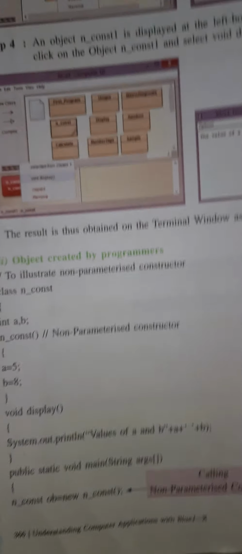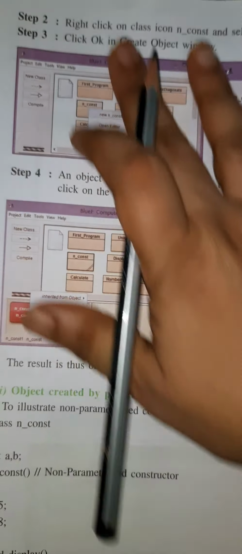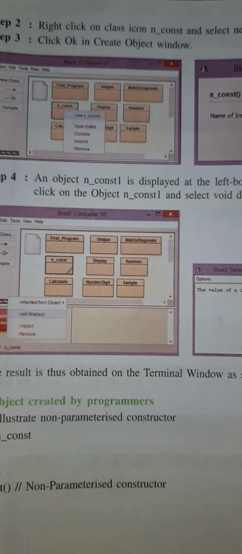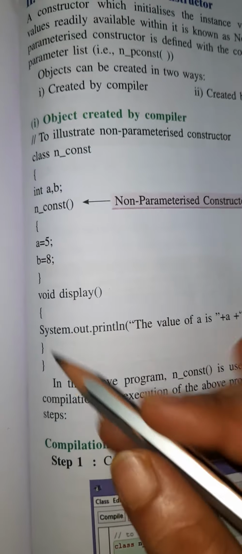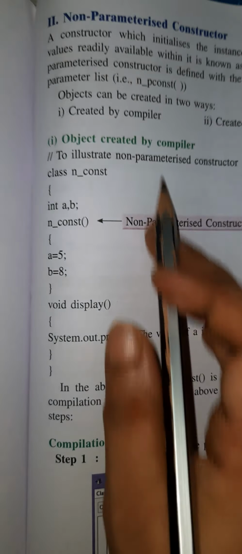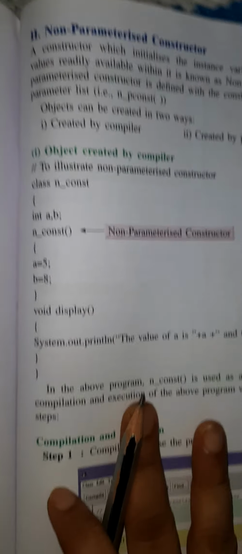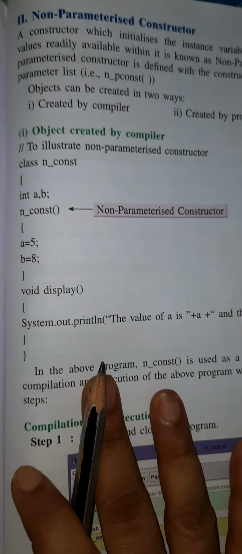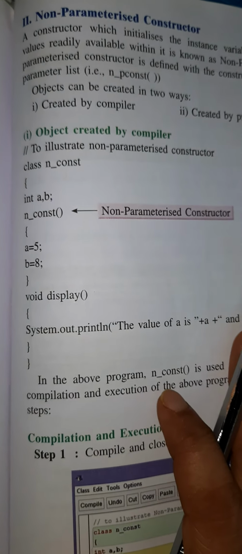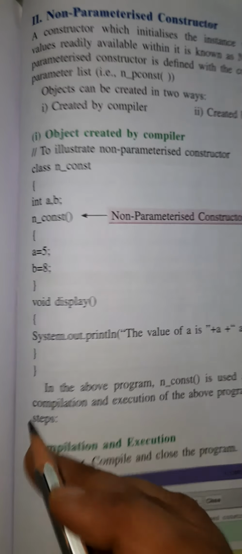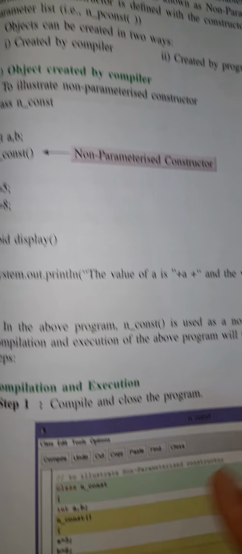So this is created by the compiler, because we have not given the main method. Here we have not given the main method, so creation by the compiler is possible only in the case of BlueJ, because we are using BlueJ, which is window based. So in this case we can do it, though the main method is not there.